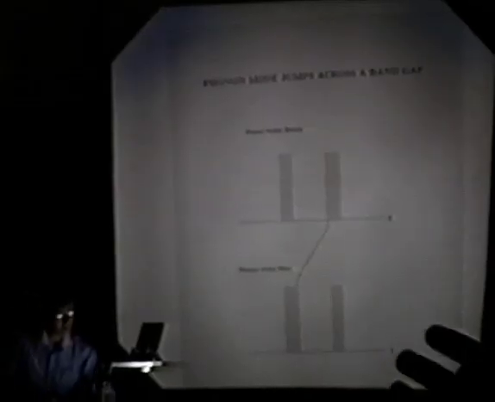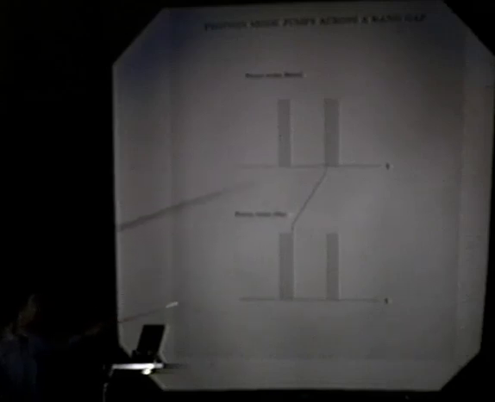Okay, I'll talk briefly about anomalous energy transfer. The basic idea is that if you have phonon modes and you have a phonon band gap, in the limit that you change what the phonon modes are due to, you can induce phonon modes to go from one band to the other, hence they jump a band gap.